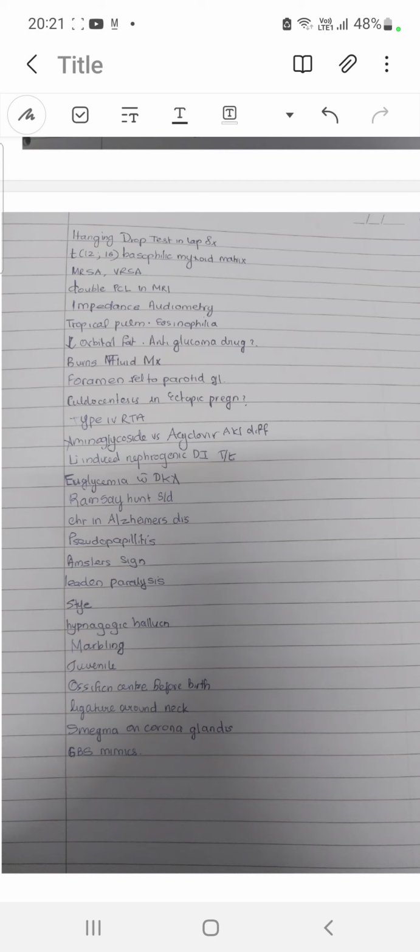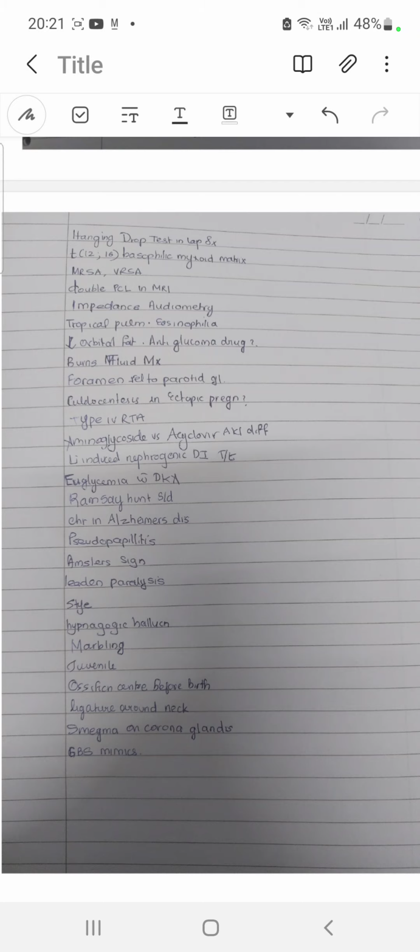Then next is translocation 12;16, basophilic myxoid matrix, associated with liposarcoma. MRSA there will be mecA gene. MRSA mecA gene will alter penicillin binding protein. Double PCL sign in MRI, that will actually be the tearing of